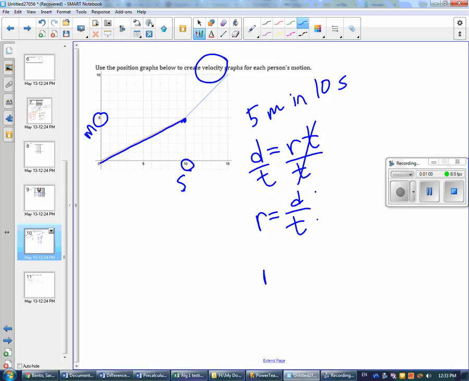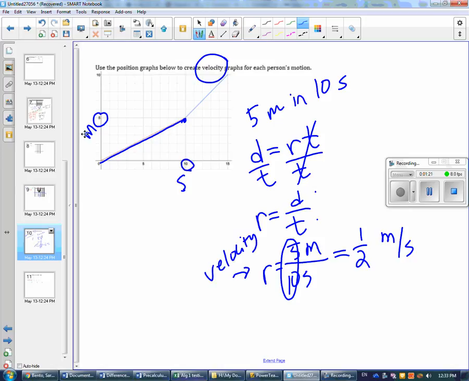So we went 5 meters over 10 seconds. 5 divided by 10 simplifies to 1/2. And then the unit is meters per second, meters divided by second. So the rate for the first 10 seconds is 1/2 meters per second, or velocity. Velocity is a rate. And then in the second part of the graph,